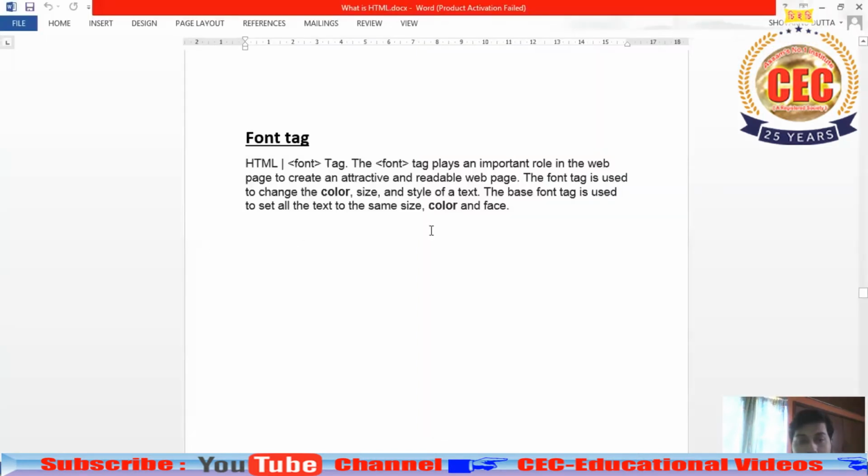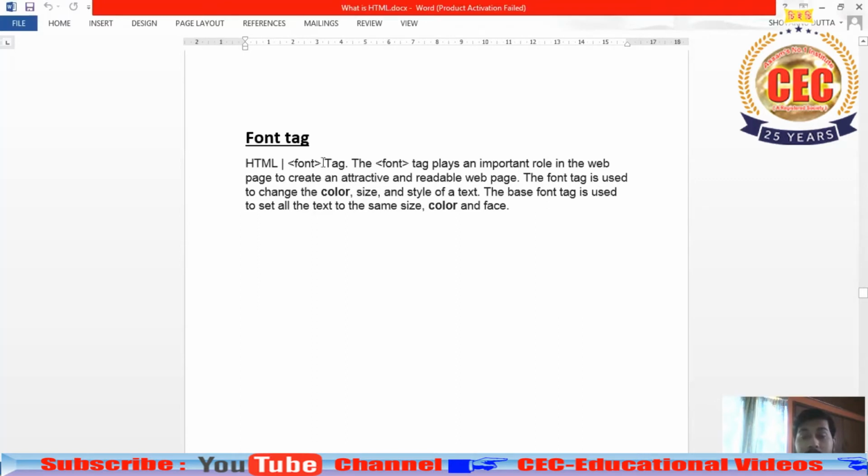So next tag in discussion is your font tag. So basically what the font tag does is it's used to change the color, size and style of a text. The font tag is used to set all the text to the same size, color and face. So one thing to point out here is your font tag is limited to HTML4 version.